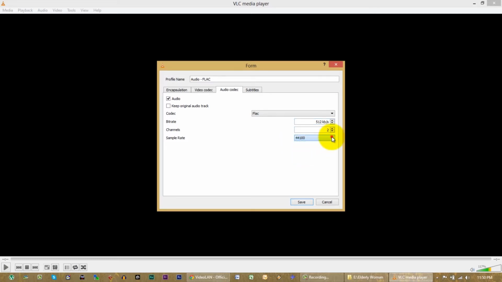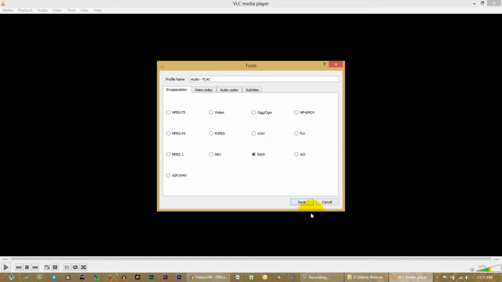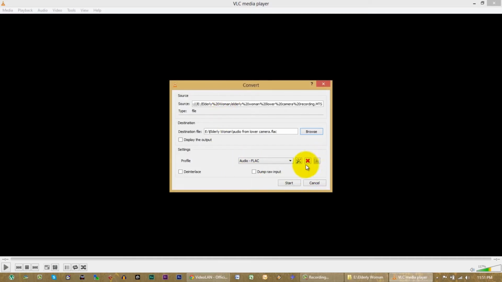Sample rate, 44.1 is the sample rate that CDs use, so that's fairly high quality audio. Now, again, in some of the later videos that we do here, once we're getting into good microphones and stuff like that, we're going to start working with a lot higher quality projects. But for today we'll just go with a FLAC audio. So subtitles, we don't need subtitles turned on. So all these settings are good. We'll save that. And what we're going to do is hit start and see what happens.